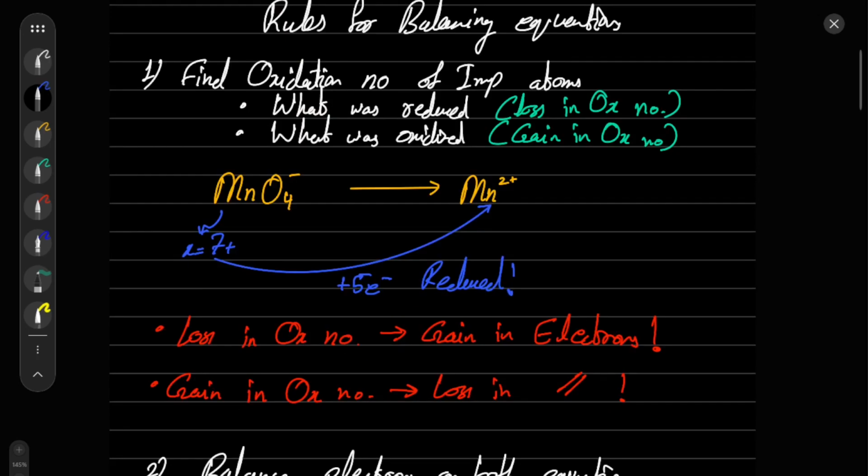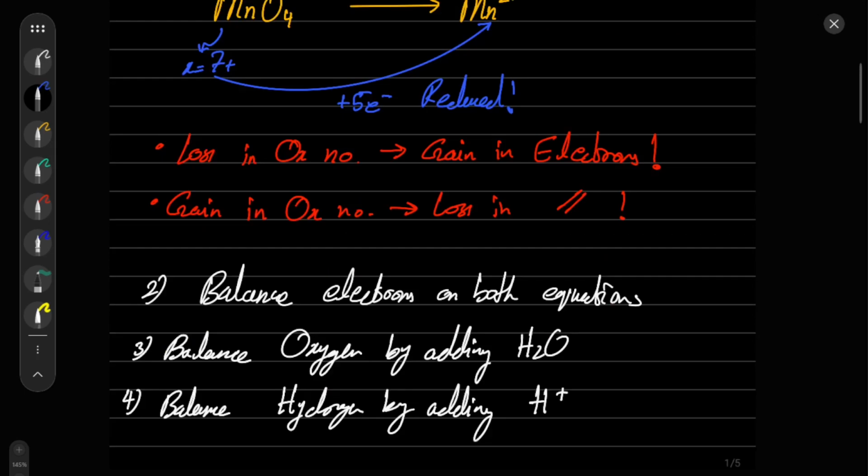So the quantity of electrons must not be balanced. I mean, it is not necessary for it to be balanced, and our job is to balance that electron transfer. And if we are able to balance that, then we can continue on with the next steps. So after we balance the electrons, we can then balance the oxygen present,